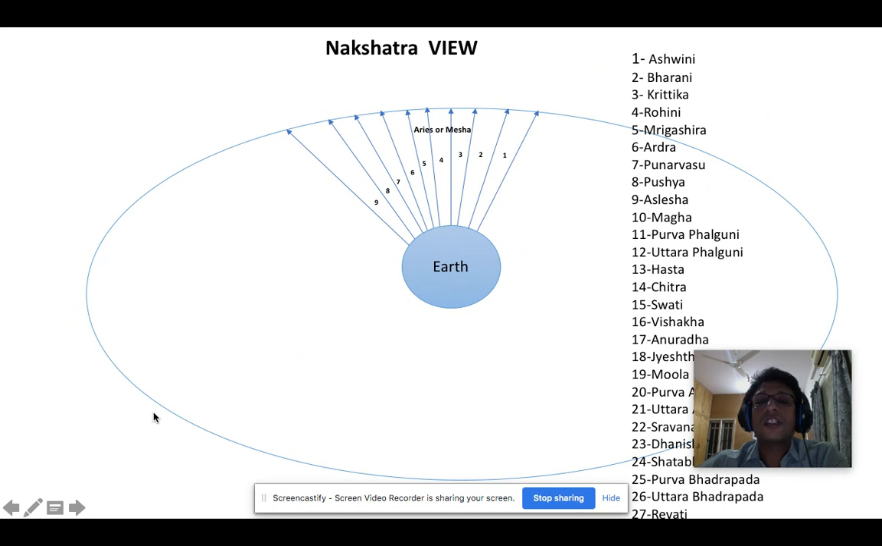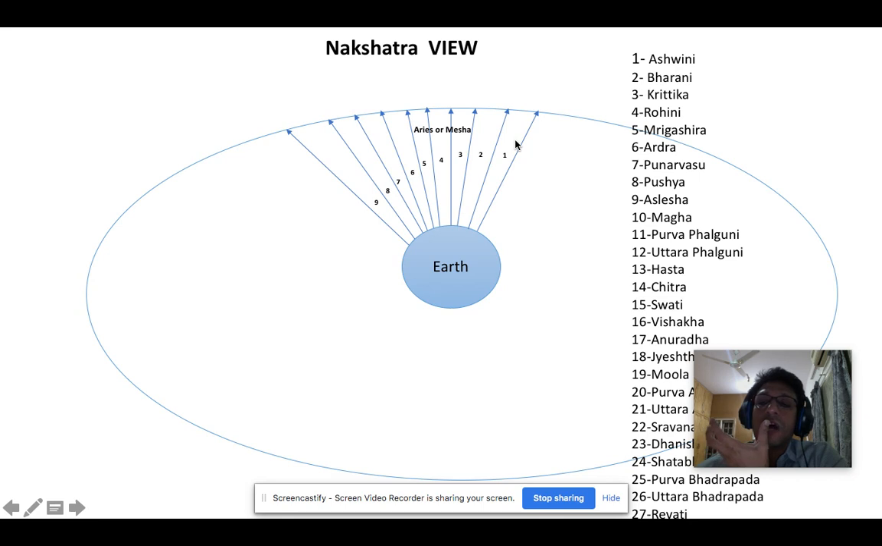Now, what are nakshatras? We spoke about signs. Now, each sign is divided into 9 nakshatras. If you see, one sign is 30 degrees, so each nakshatra is 3 degrees and 20 minutes. So that is how it is, and these are the 27 nakshatras. And nakshatras are the actual pointers of